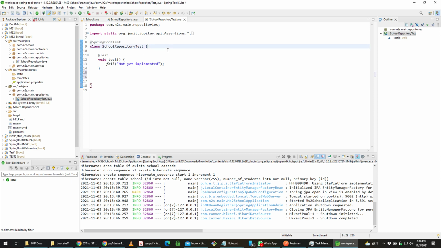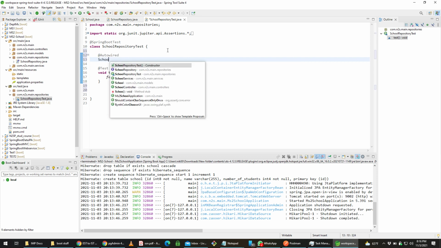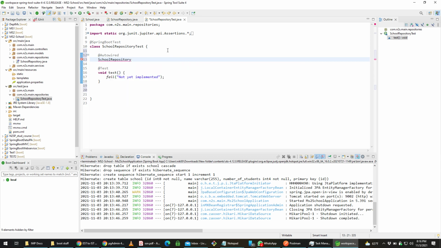So now here I have to auto-wire the repository, right? I'll show you. Now I'm going to auto-wire the repository. So school repository. Yeah, I'll just make that private. Use the same repository. Yeah, school repository. It doesn't matter. The name doesn't matter. See, I can do whatever I want here,